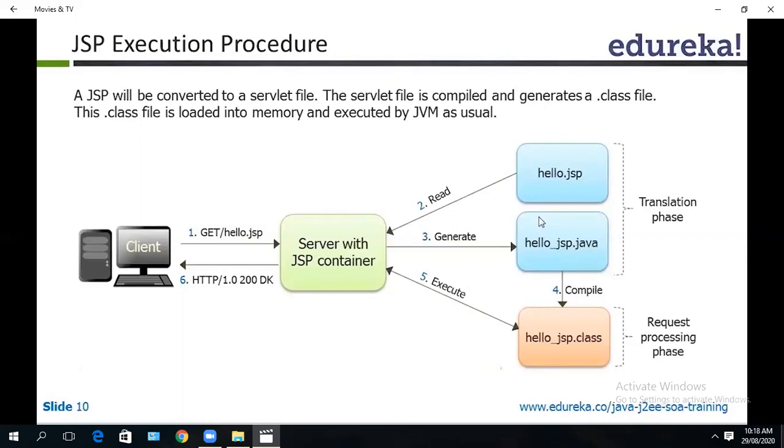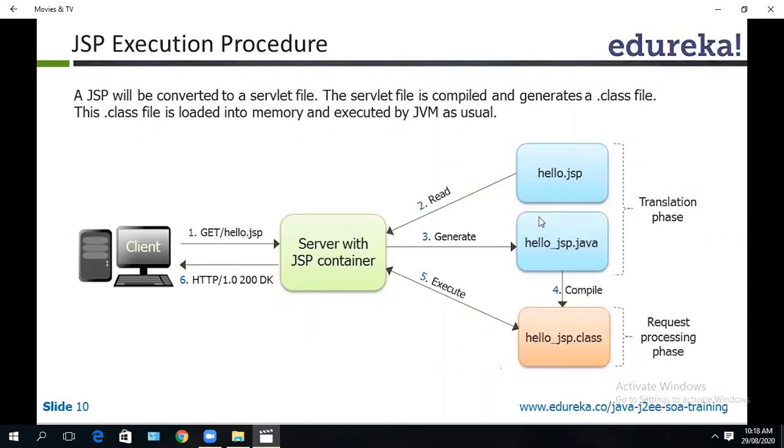That class is derived from GenericServlet or HttpServlet. Now if I compile that Java file with javac, it generates a .class file for me. The .class file gets loaded into memory and is executed.